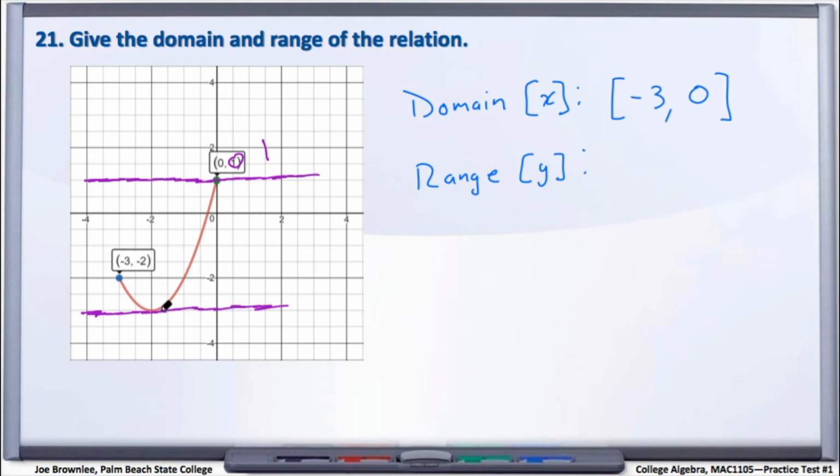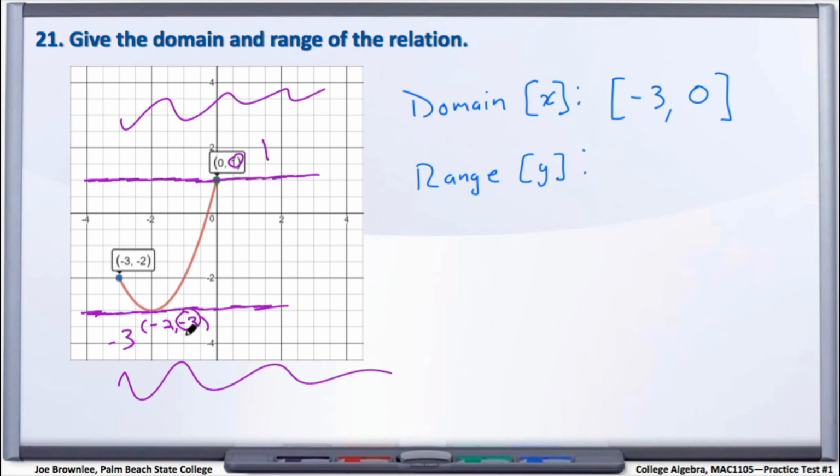And this is the point (-2, -3). And so the smallest y value that this function will ever have is -3. And so we know that this relation, this function, only exists as far as y's are concerned, between -3 and +1. It doesn't exist any greater than +1 up here somewhere. It doesn't exist anywhere smaller than -3 down here. This is it. Just this little portion in red here is all that this function is because it's been restricted,